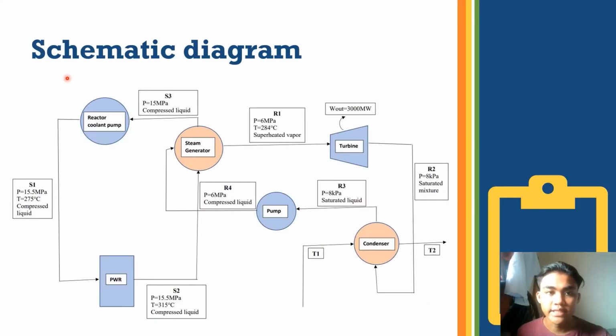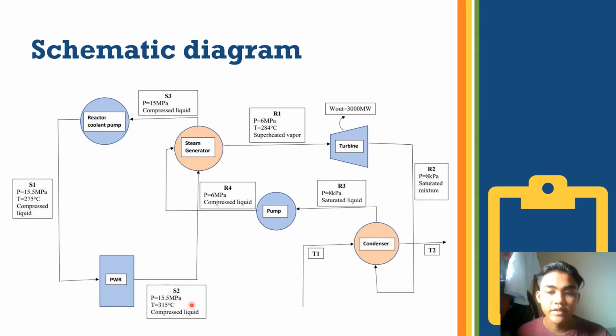The actual process that happens in the nuclear power plant can be simplified into this schematic diagram and divided into the left side and also the right side of the process. Here at the left side, water, which acts as a working fluid, will flow to S1 as compressed liquid at 15.5 megapascals, 275 degrees Celsius into the pressurized water reactor and comes out as a compressed liquid at 15.5 megapascals